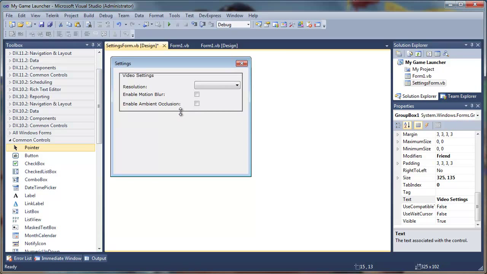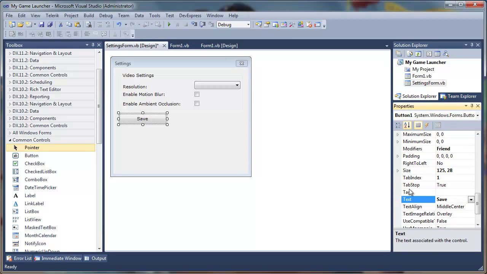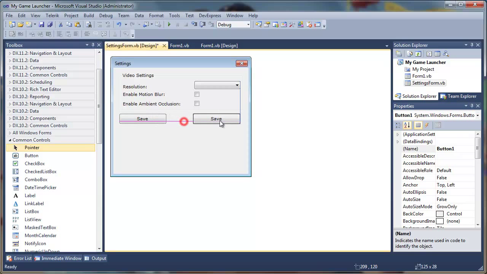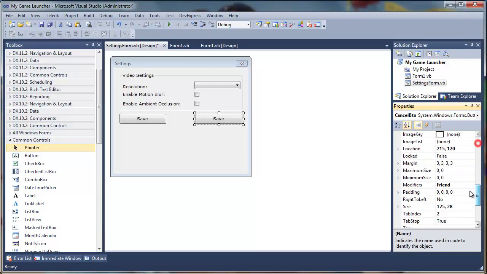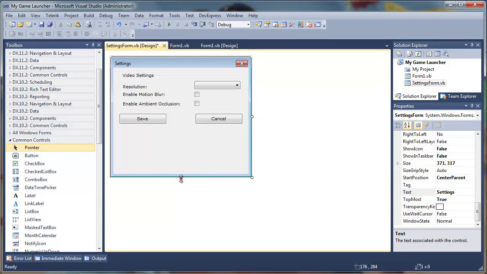So let's adjust the size, and we will add another button, and that is our save, and we'll name it save button. We'll copy and paste, and we'll name it cancel button. Okay, so we can now adjust the size,